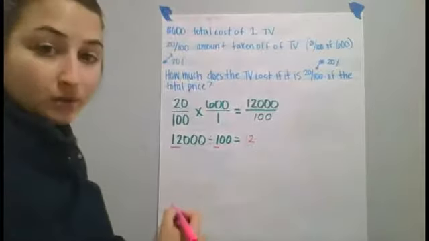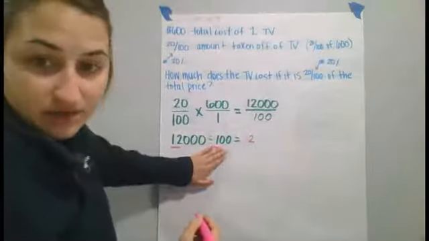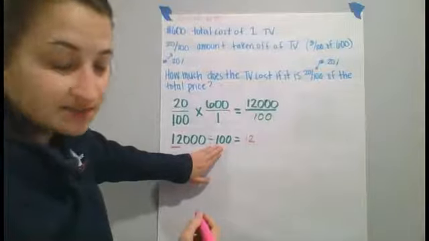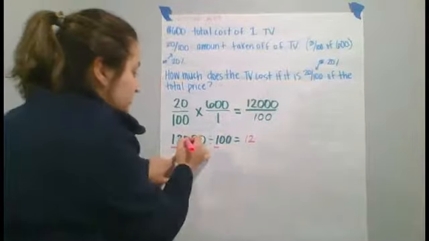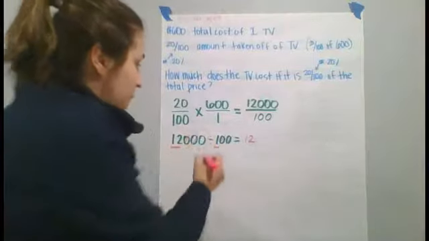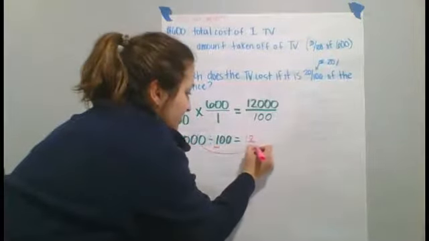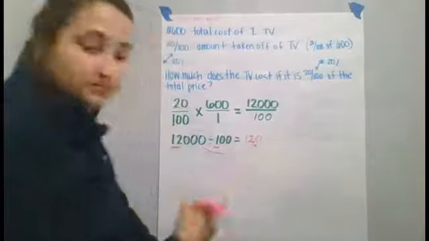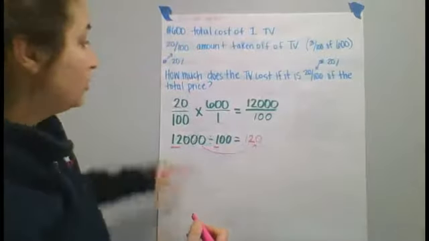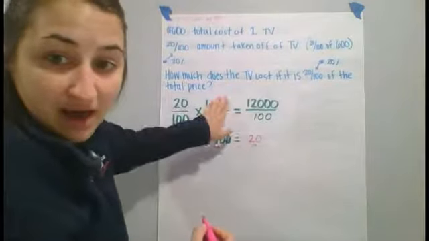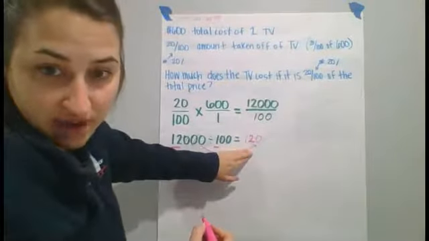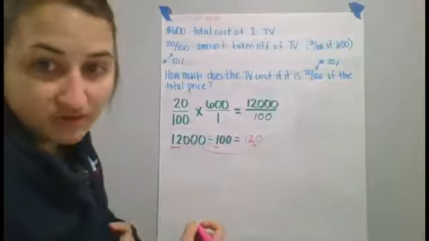And now we want to figure out how many zeros we should cross off. So starting in this number 100, we're going to cross off the 2 zeros, which we're going to do the exact same thing over here. But then this last 0 goes into our answer. Okay? So 20/100ths of 600 is actually going to be $120 that we're removing from the sale or